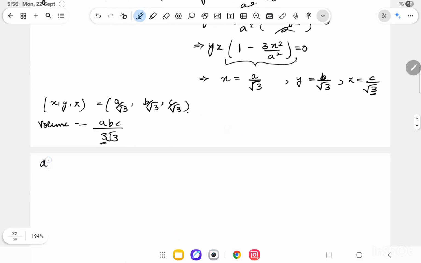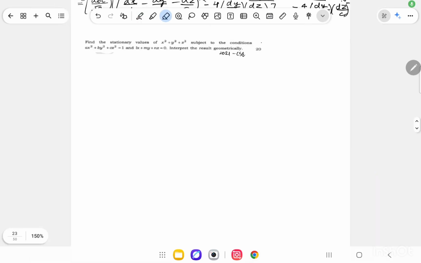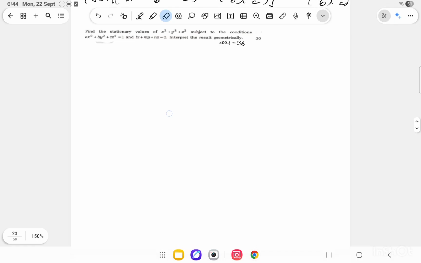For that I need to verify that at this point xyz del square f is less than 0. So let's move on to the next question. It says: find the stationary values of this, subject to the conditions this and this, and interpret the result geometrically. It is the same question that we have, like a repeated question, but in the earlier question